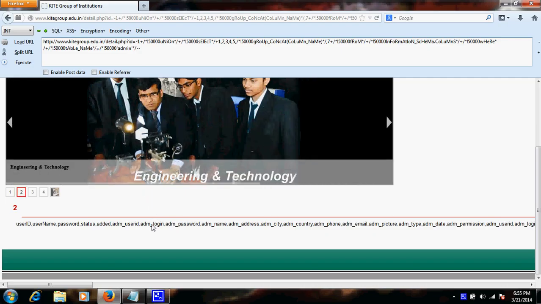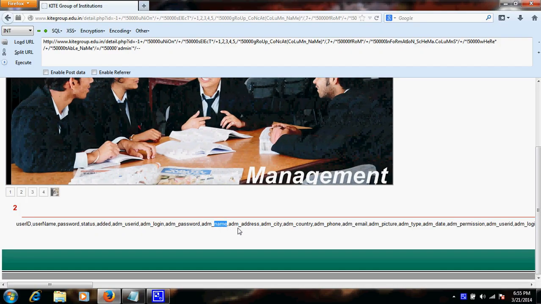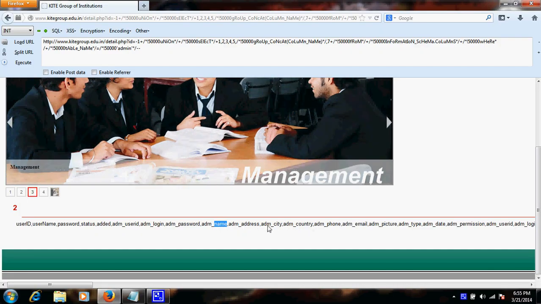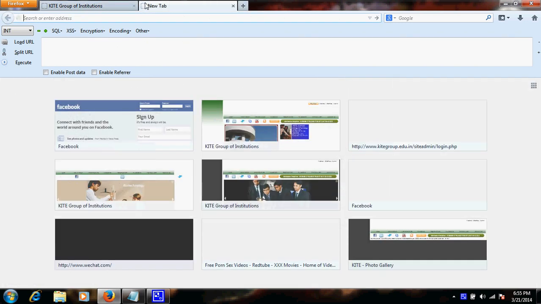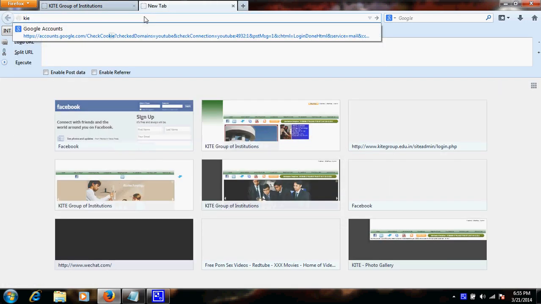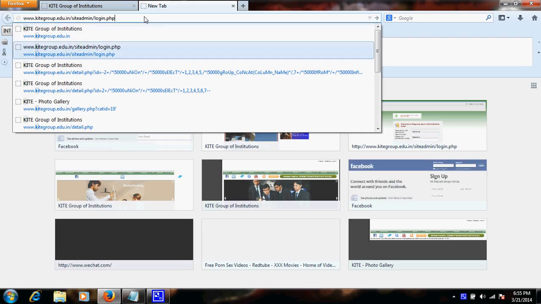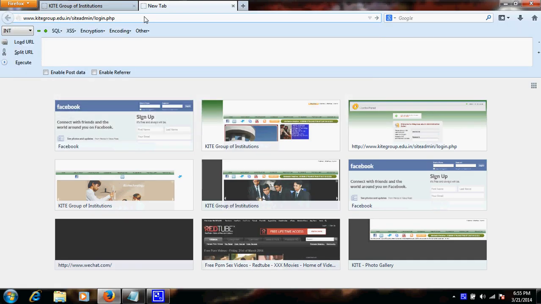What I actually want is the admin login name, admin login password, and admin login user IDs and all. Guys, I would like to tell you one more thing: I have already found its admin panel, as I just used a scanner and through that I came to know that this is the login panel where I will be putting the information. So this is the admin panel.